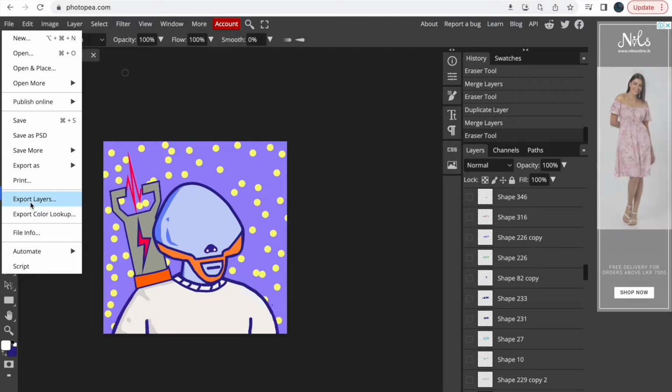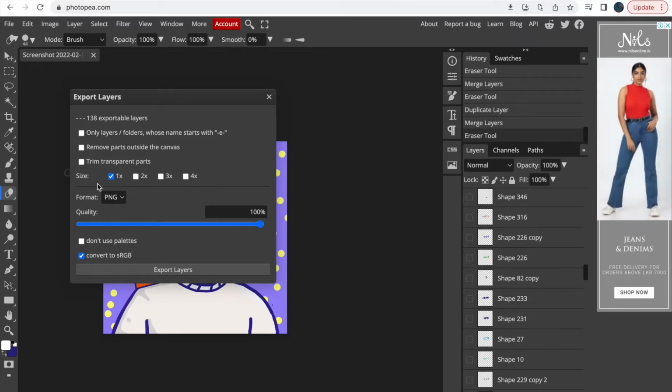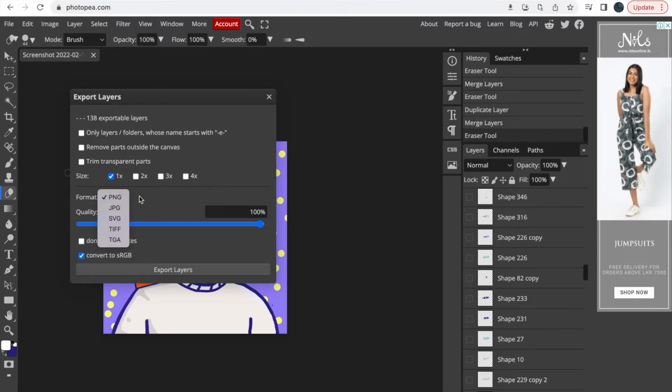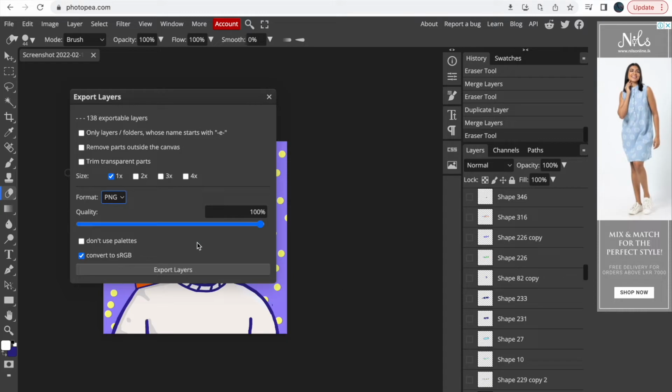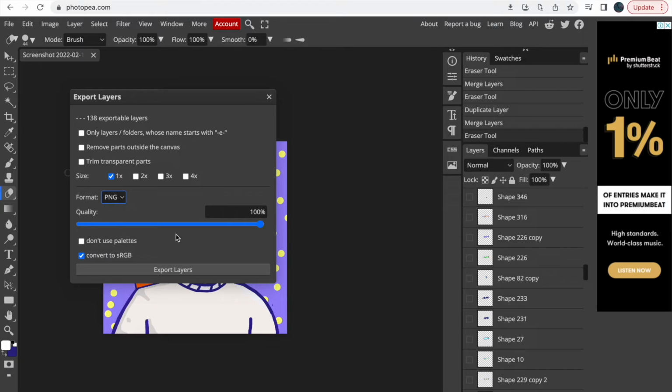If we need to export it, we can go to file, export layers, and untick all these ticks. If you want to increase the size, you can select it from here. You can select the format, PNG or anything, and you can make the quality 100%. If you are going for a pixelated NFT, you can move it down a bit, and you can export it